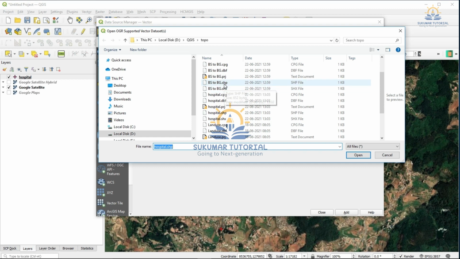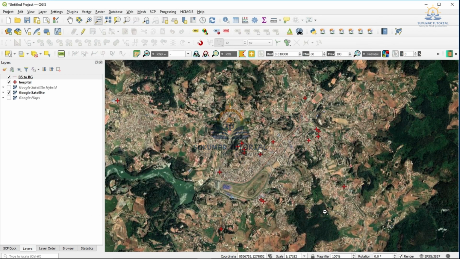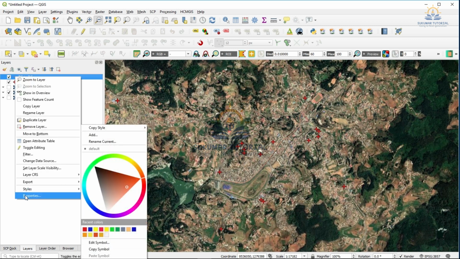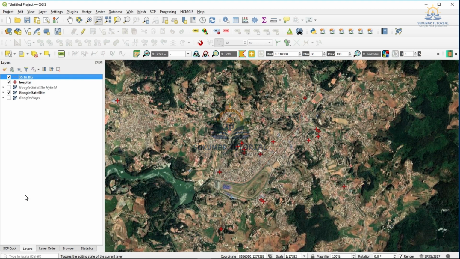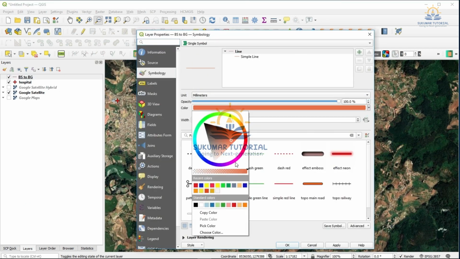See, one road file is there, that is BS2 BG, that is bus stand to Botanical Garden. So I am opening the SHP, adding. It is not visible, so I just change the color. Go there, right click it, go to properties, make this a magenta color,